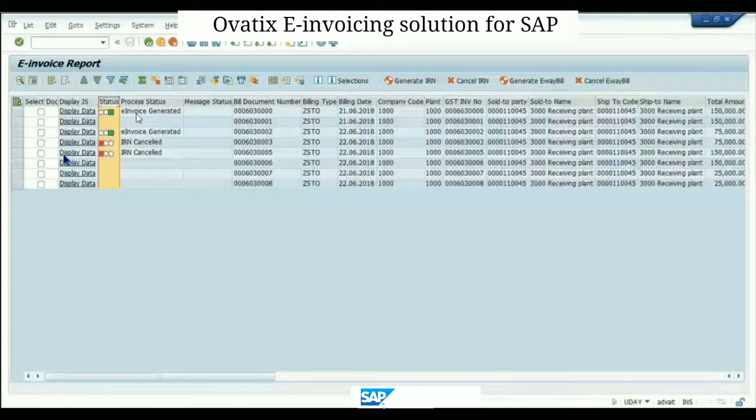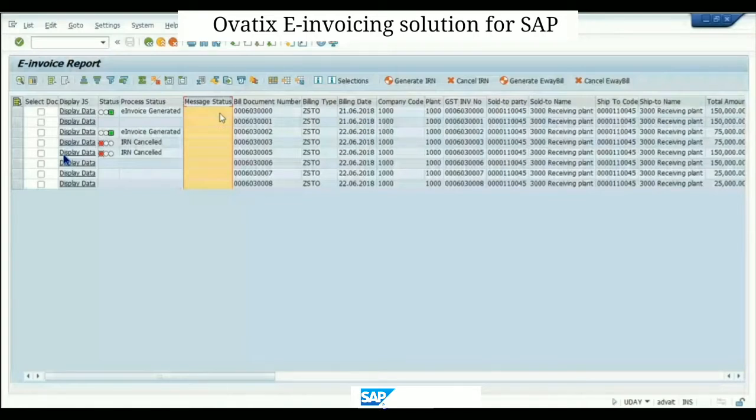Next column is the message status. Message status means whenever you are generating an e-invoice, let's say I'll take one example. You have not mentioned the PIN code in your customer master, but in the government database, the PIN code for the customer master is mandatory for local sales, India sales.